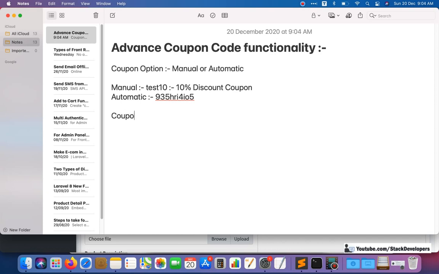Next, the coupon code is based on these two things, either test 10 or the automatically generated one. After that we will add the categories option.